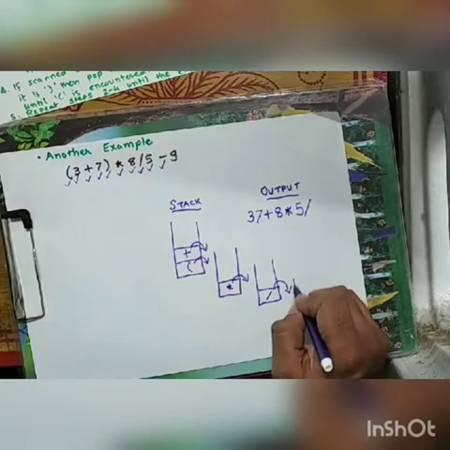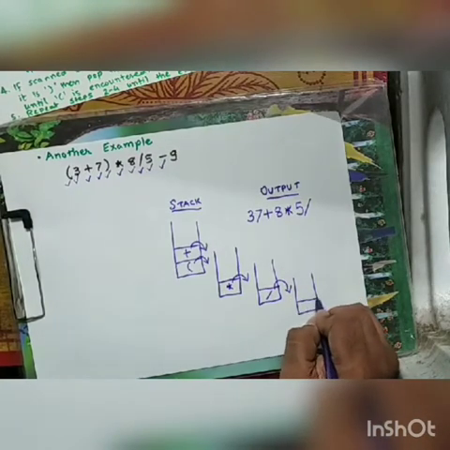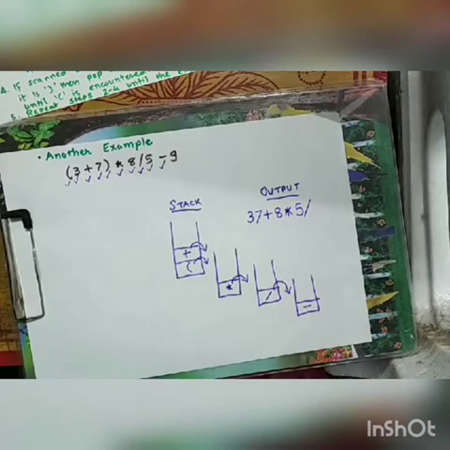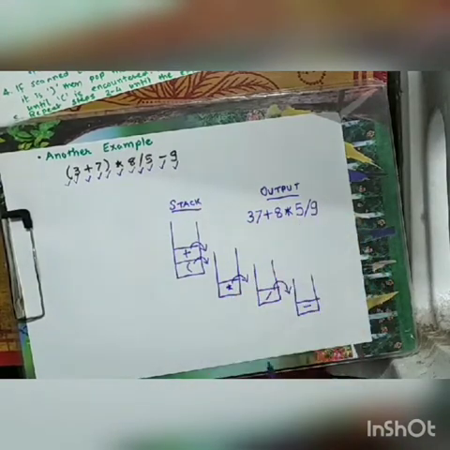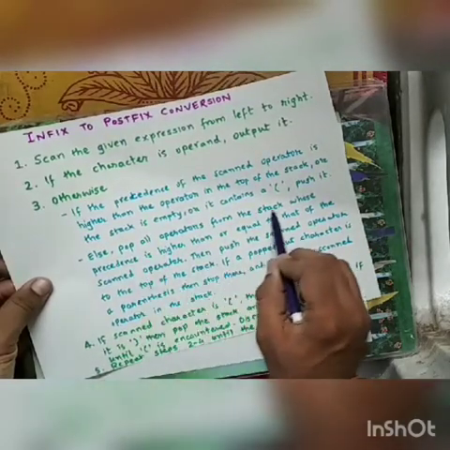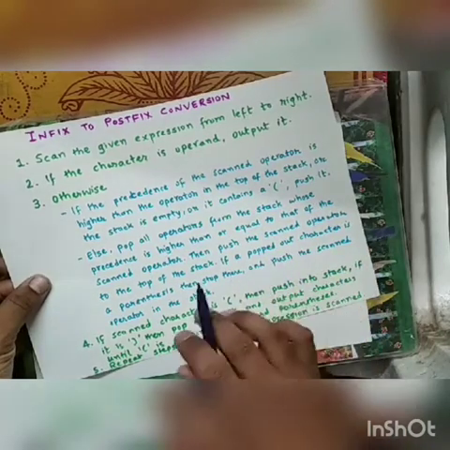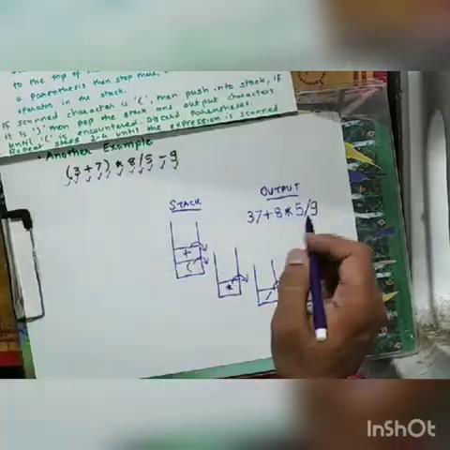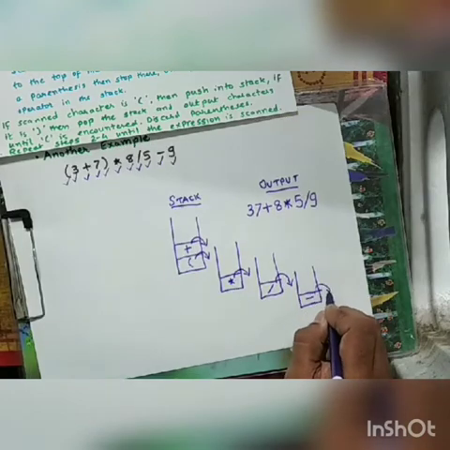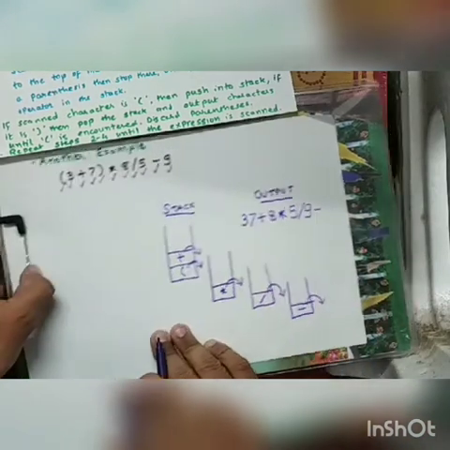Next, as we did earlier, we will add the negative symbol into the stack. Don't forget that. And lastly, 9 will be encountered, which will again be simply added into the output expression. Then we are done with our expression. It is entirely scanned, we are at the end of the expression. What to do? Pop all the operators from the stack. Whenever you are done, you simply pop one by one each operator from the stack and append them into the final expression. So this will be our final expression.